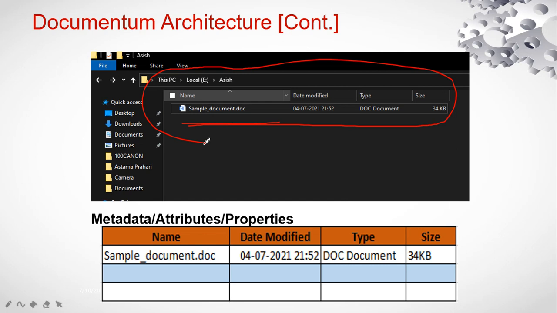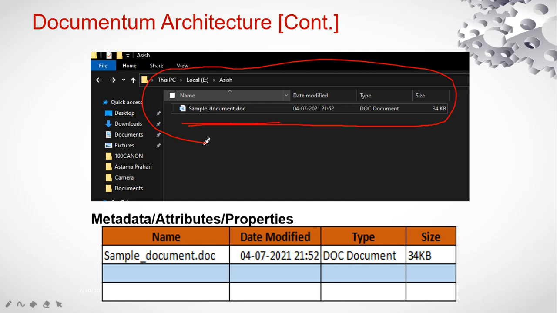Now you might be seeing that the sample document has actual data inside it, and there are some other data available to describe that content file. There is a name, sample_document.doc, the file was last modified on 4th July 2021, the type of the file is a doc document, and the size of the file is 34 KB.